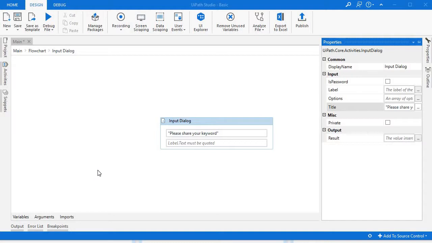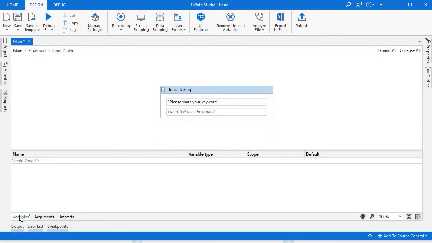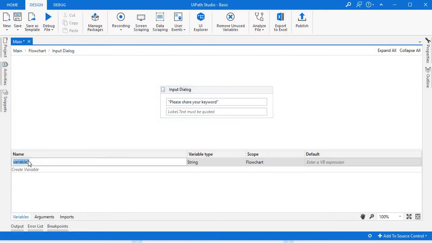So where can we create variables? From here. This is the variable panel. From here we can create a variable, and assign a variable type, scope and any default values. You just need to click here. Suppose I have given the variable name input user,